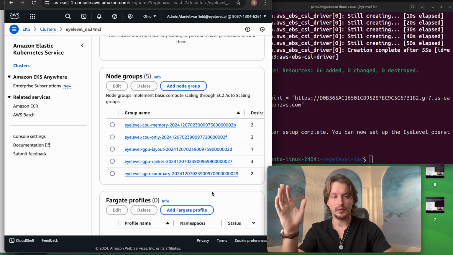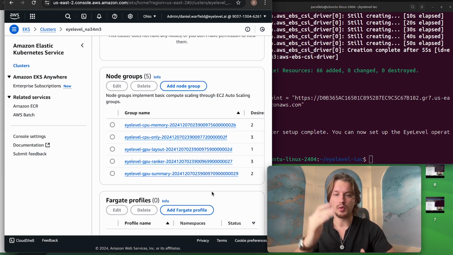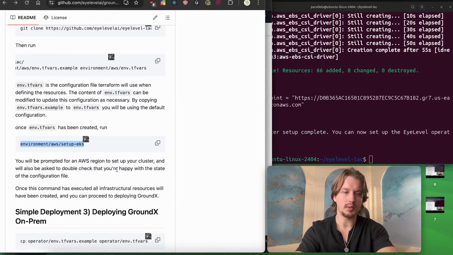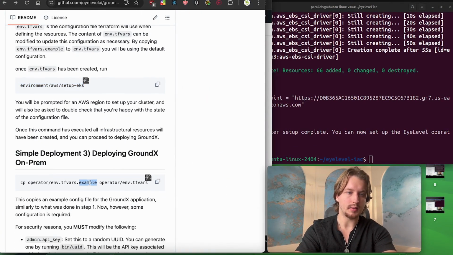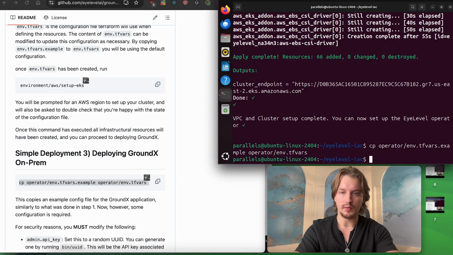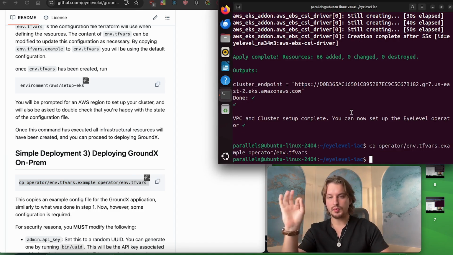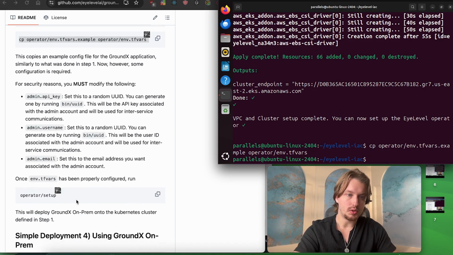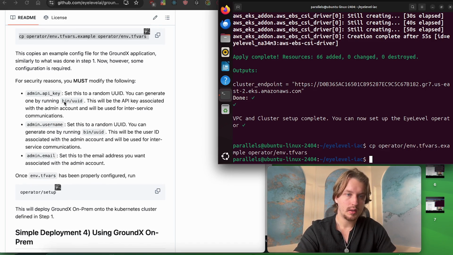So now that we have all of this infrastructure set up, we can deploy GroundX onto this infrastructure. If I go back to the repo, I can run another copy command, which is copying the operator. This is a Helm operator that is deploying GroundX onto our environment. Now, this one you can't simply just copy, or you really, really shouldn't. What you should do is run this command,